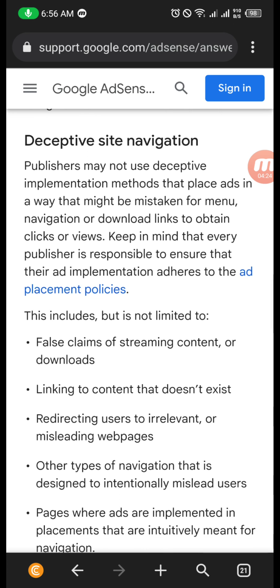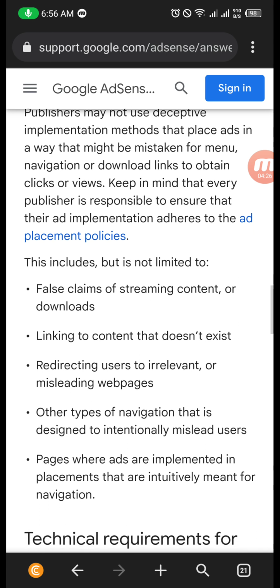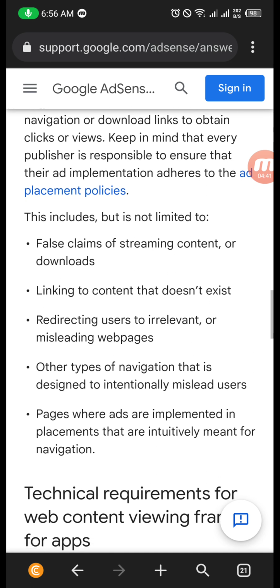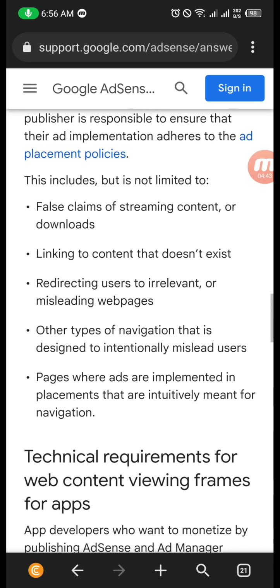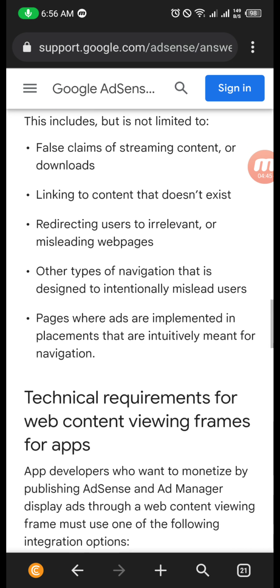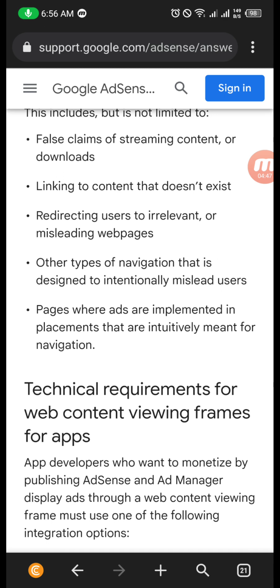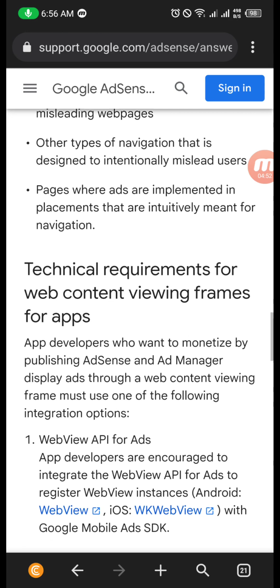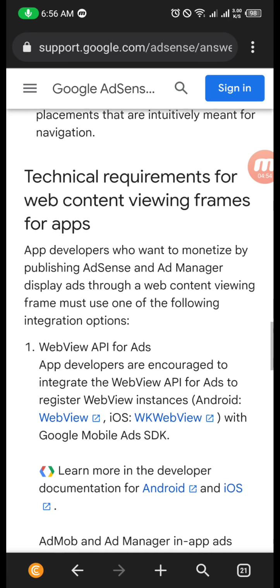This includes but is not limited to false claims of streaming content or downloads, linking to content that doesn't exist, redirecting users to irrelevant or misleading web pages, other types of navigation that is designed to intentionally mislead users, pages where ads are implemented in placements that are intuitively meant for navigation. Technical requirements for web content viewing frames or